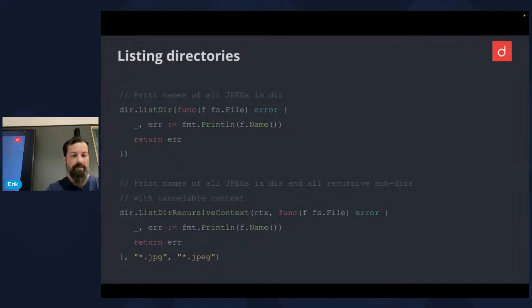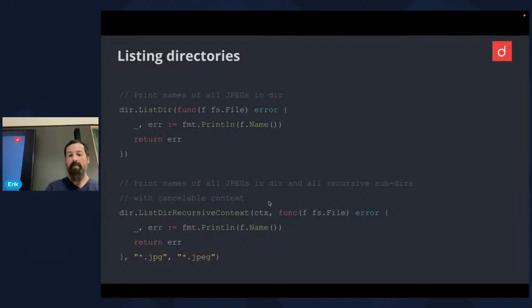And so, about listing directories. Here you have this question, how do you approach that? If you have really big directories, do you want to return all the files at once as a slice, which might be millions of files, or how do we want to do that? So this package supports two ways. One is a callback, where you can just return some error if you don't want to continue with listing the files.